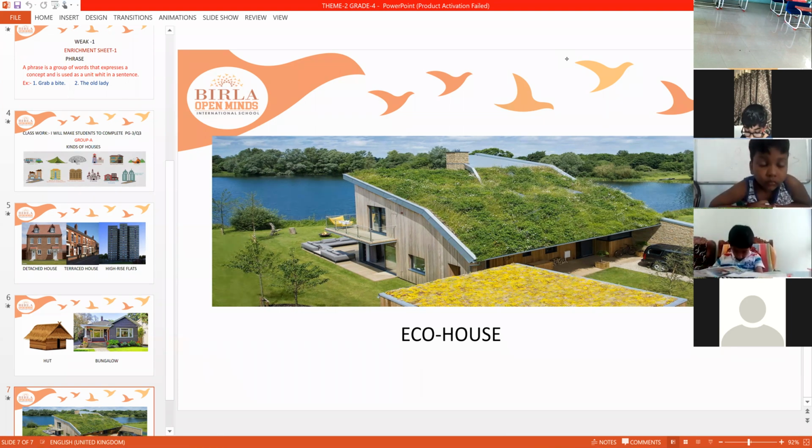What are our homes made up of? Our houses are made up of stones, iron, cement, bricks. These are all the materials we use for our houses. But here you see what is the material they have used for building this eco house. They have used stone and mud.